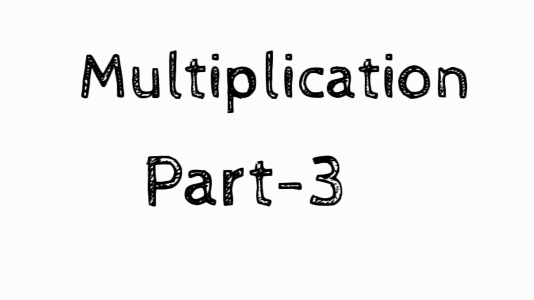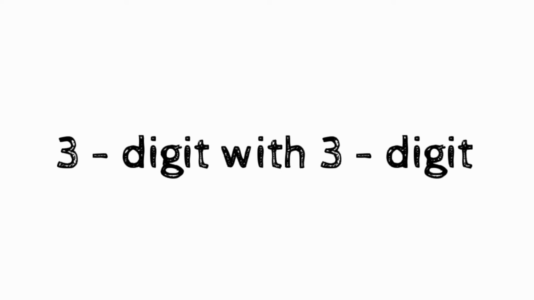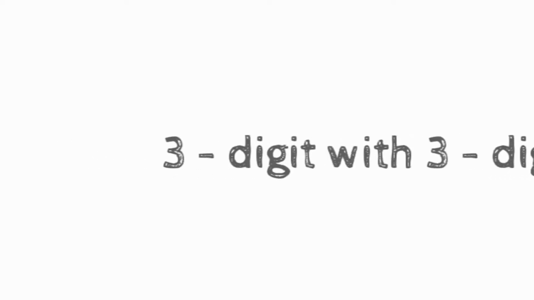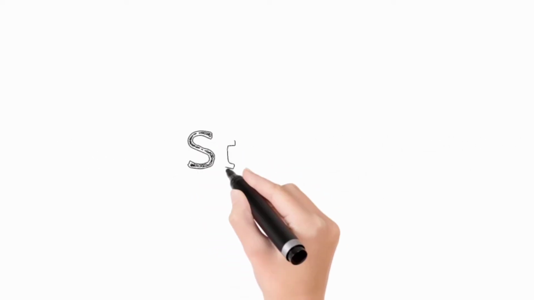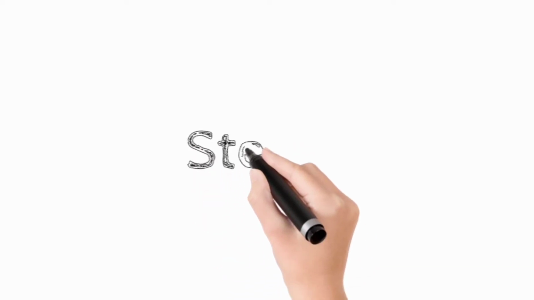Today I am going to discuss multiplication with you. As we have already done part 1 and 2, the links are given in the description box. Today I will discuss part 3 with you, in which we will multiply a 3-digit number with a 3-digit number. It is too easy. You have to keep only the steps in your mind. Now I am going to discuss step by step with you. In this, there are a total of 5 steps you have to follow.